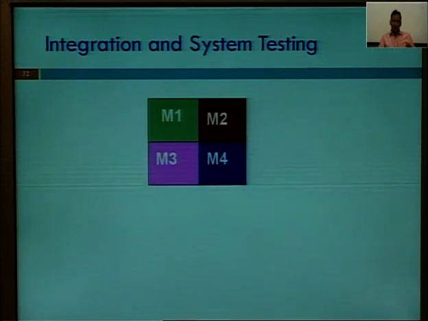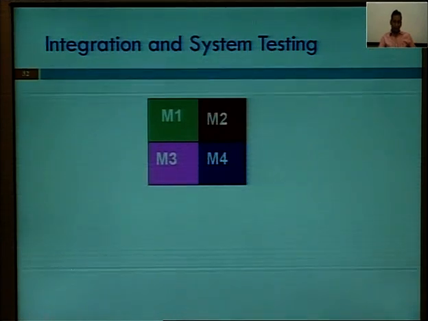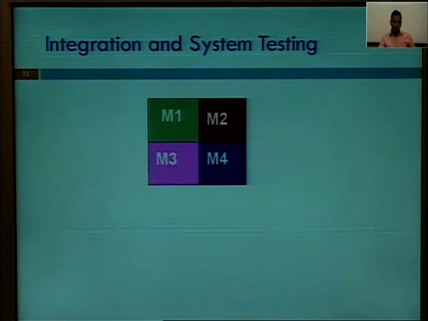Suppose we have 4 modules available: M1, M2, M3 and M4. In the previous phase, that is coding and unit testing, we write code individually for M1, individually for M2, individually for M3, individually for M4. After writing the code of the different modules, we have to test M1 independently of M2, M3 and M4. In the same way, M2 is to be tested independently of M1, M3 and M4 in the